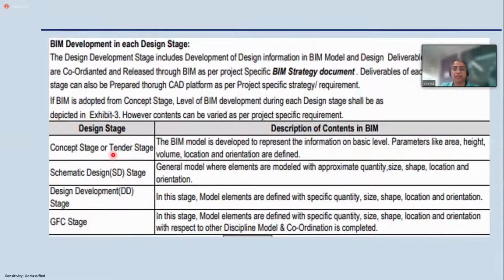So there are various LOD levels prescribed for each of these stages. When I take a GFC, there is a LOD number specified against it. My concept will have basic parameters like area, height, volume, location, orientation. Let me move to the SD stage. There I will model it in a little more detail. So I will have my location, I'll have my orientation. Now when I go to my DD stage, here it